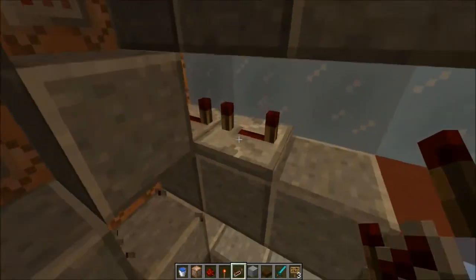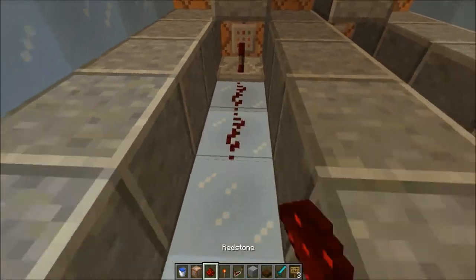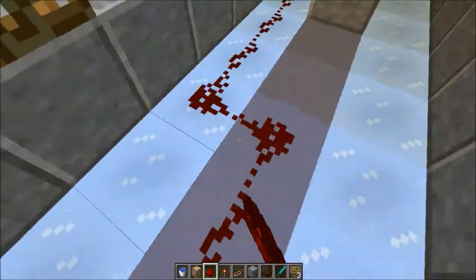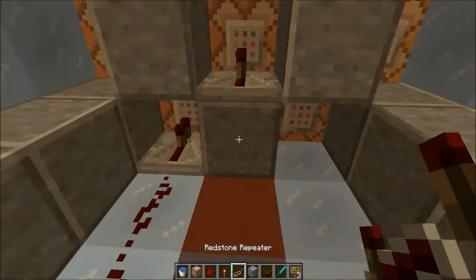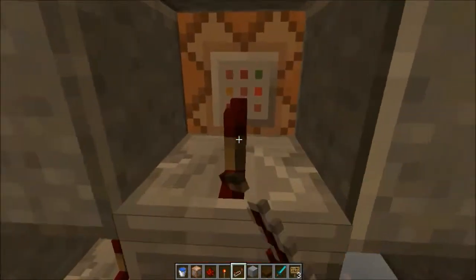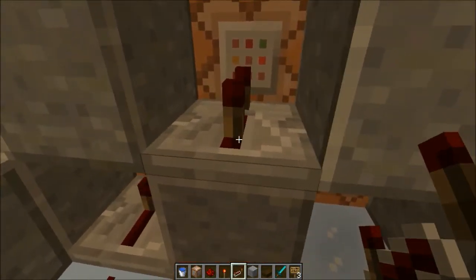Actually, the easiest way would be to set this one to go off first. So that one will be just one tick. And we'll have that go all the way back here. This one will be one tick as well. Or two, no. Do we want it immediately after? I want a...